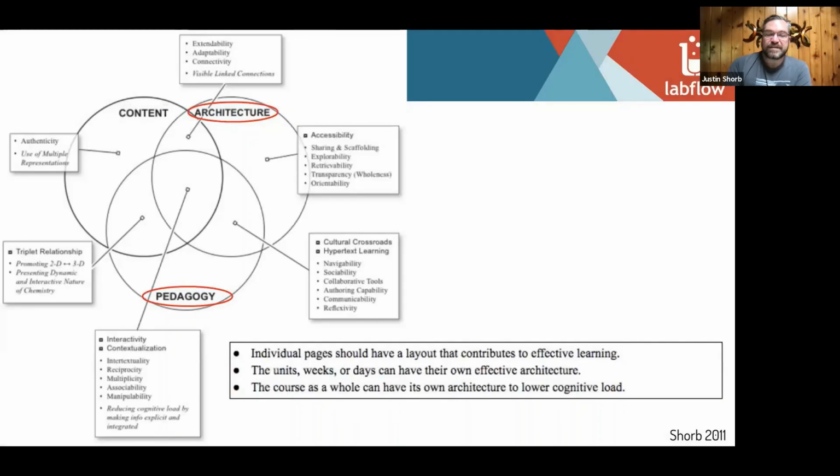But architecture and pedagogy are two things that tie together in a way that I think is novel to a lot of faculty, because we have spent our whole lives in academia. Frequently, we think of them as being tied together specifically. How you organize your material and how you're teaching that material are frequently just tied together. But in textbooks, you really want to separate those two things. How do you think about teaching that material? And then how could the way you organize that material tie into that better?